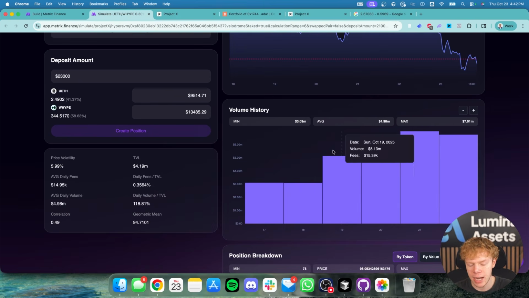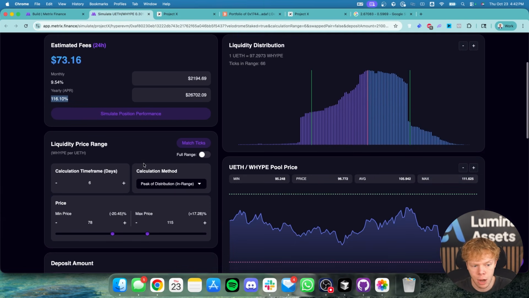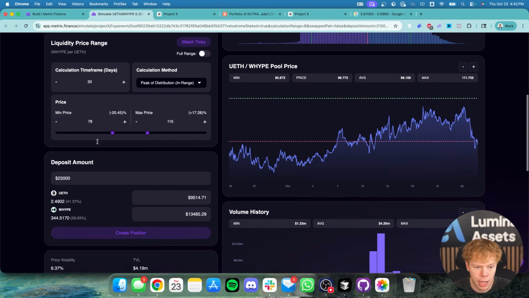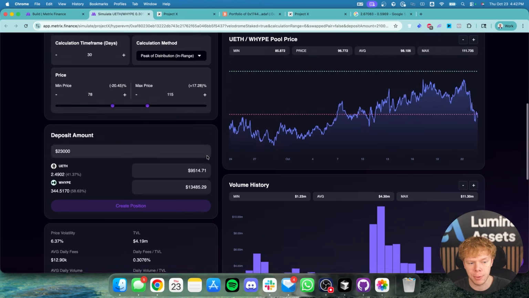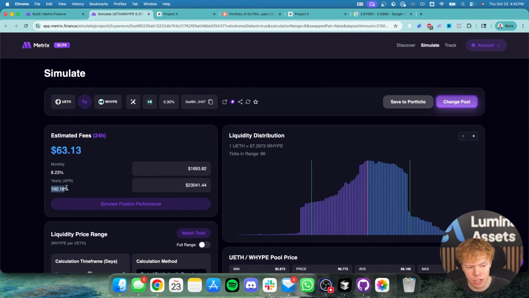And you can see the exact amount of days of volume that's being taken into account. And matter of fact, you can adjust that to look at longer horizons. Like for example, over the past 30 days, this is averaged out to 100% APR. I know all of that before I even decide to pull the trigger on a specific liquidity pool. I need to be comfortable with the historical numbers, because if I just look at the recent numbers, then I